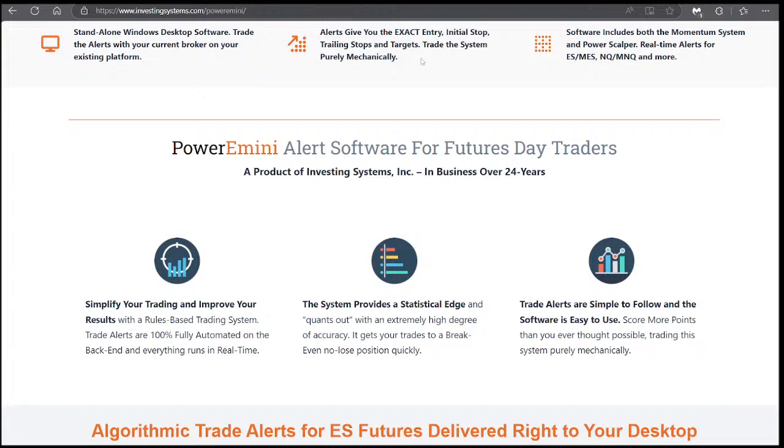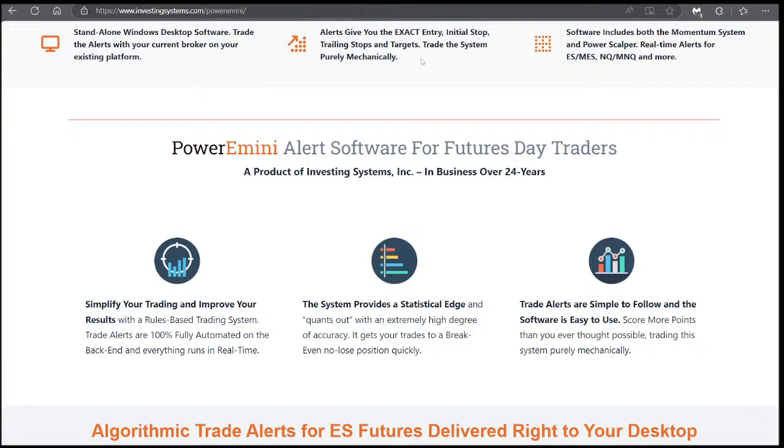Actually, trading futures, I saw this the other day somewhere. It's easy to trade futures. It's tough to be a futures trader. I should say a successful futures trader. And so eventually everyone learns that they need some sort of a system and a strategy. And the cool thing about this is that the Power E-mini software is both a system and a strategy